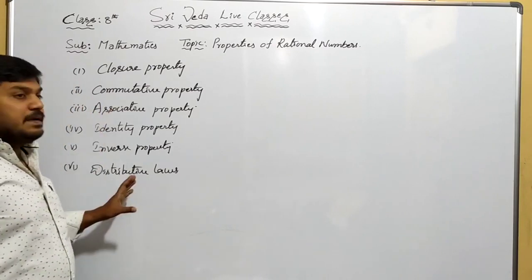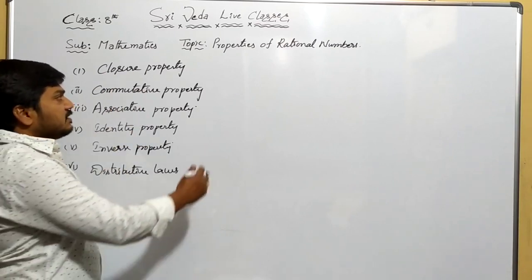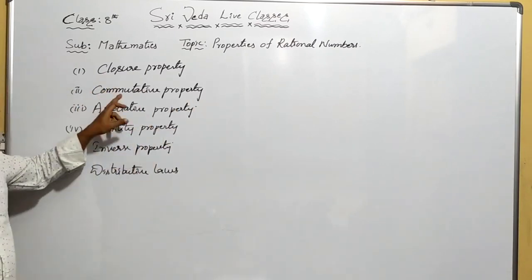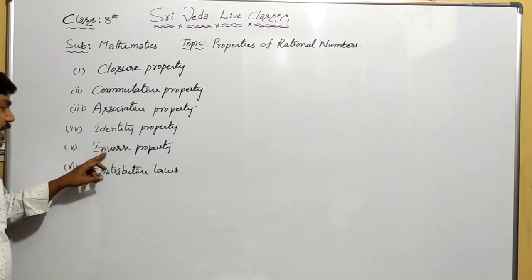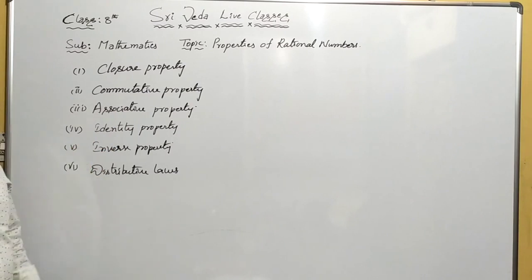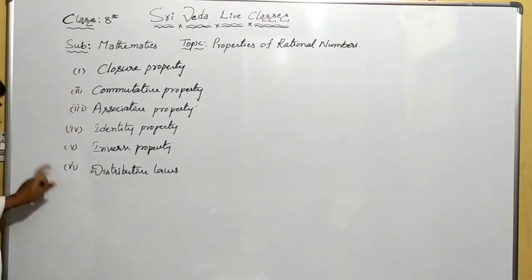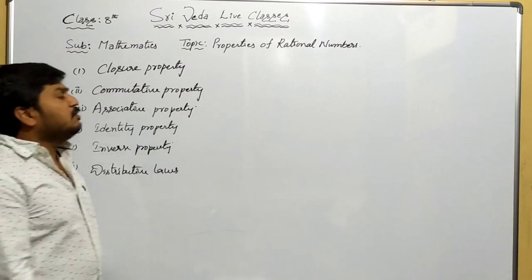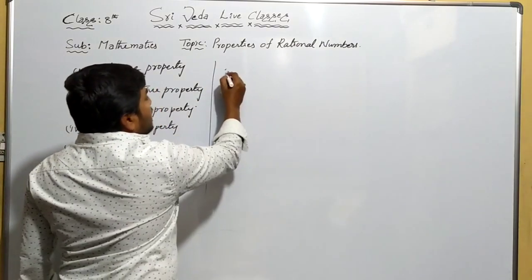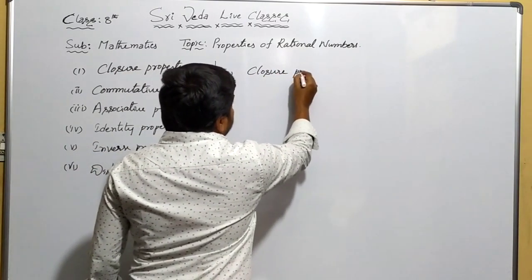So these are the properties of rational numbers. First of all, we'll discuss closure, commutative, associative, identity, inverse, and distributive. We can say that under addition we will do. So addition means A1, multiplication means M1 like that. First property, second property, third property, fourth, fifth, and sixth one distributive. And you see that first one is closure property.